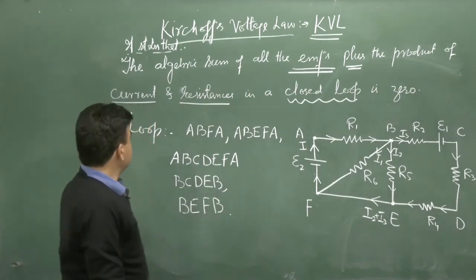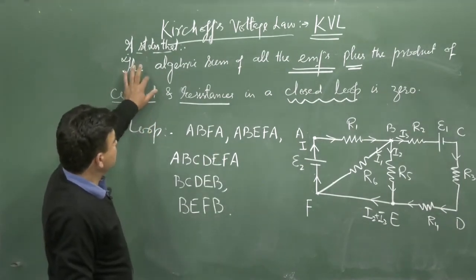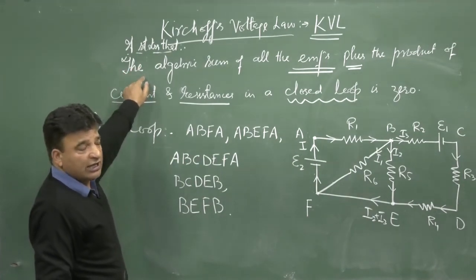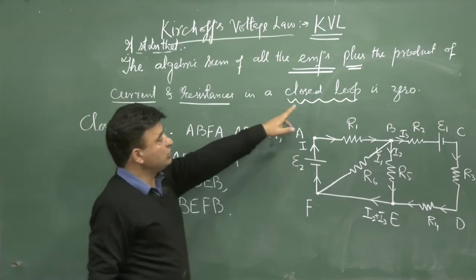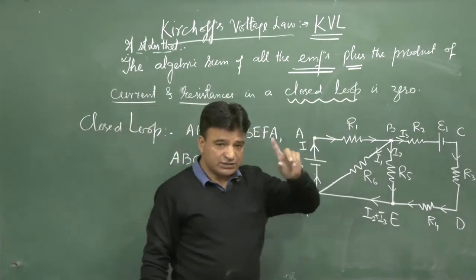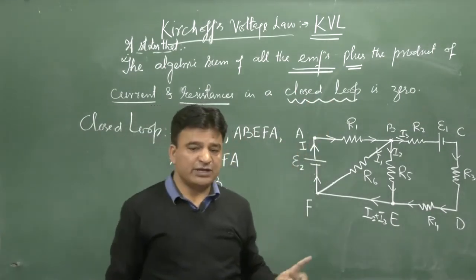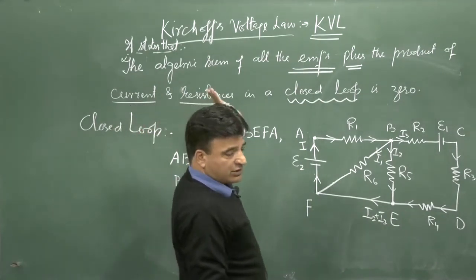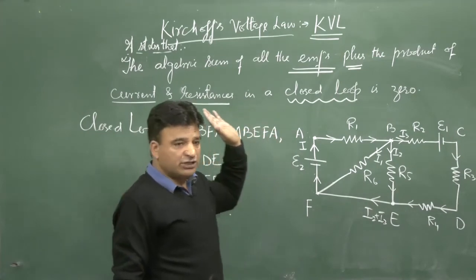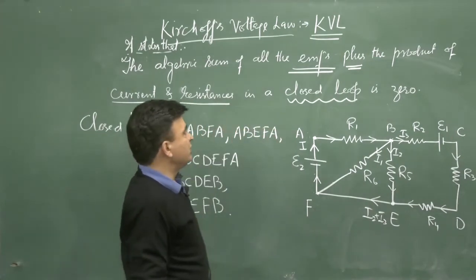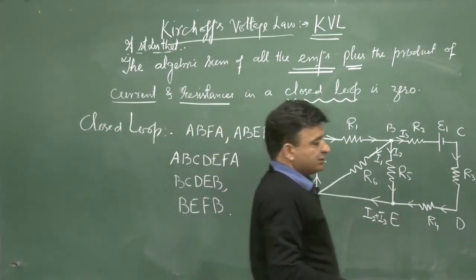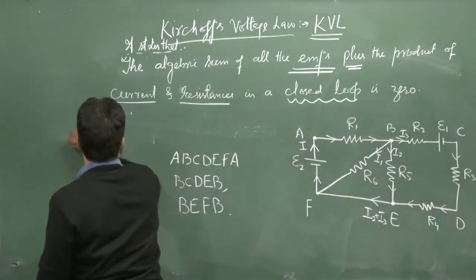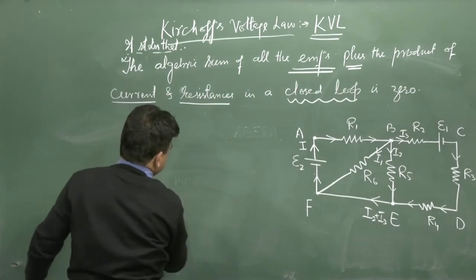Now, this rule, that is the second law, Kirchhoff's second law, is applicable to closed loops, whereas Kirchhoff's current law is applicable to junctions only. Sometimes we call Kirchhoff's current law the junction rule, and this the loop rule. Now let us see the same second law in the case of an electrical circuit.